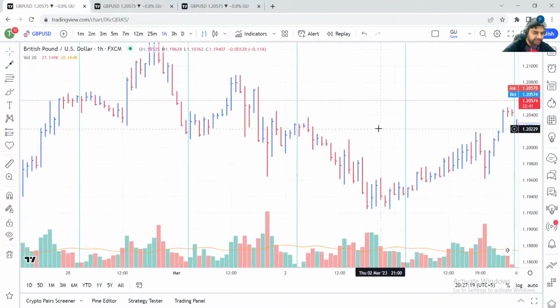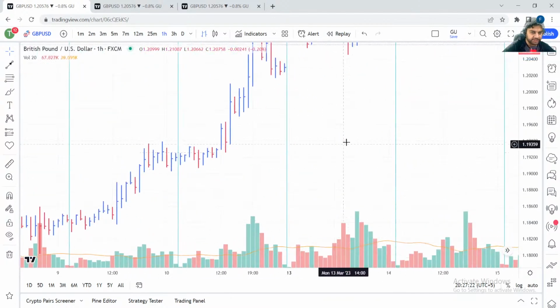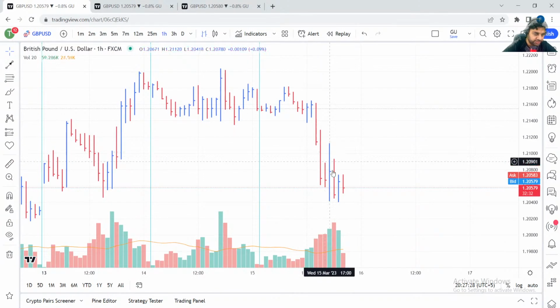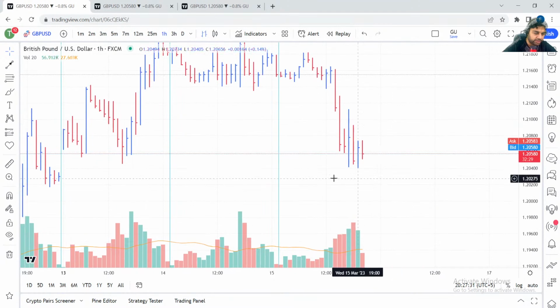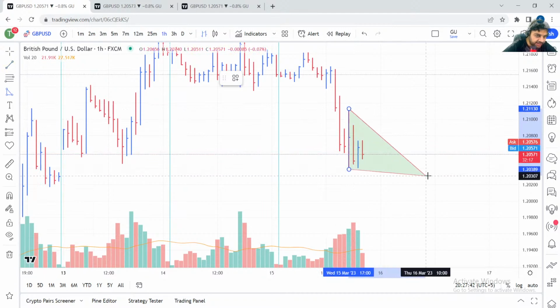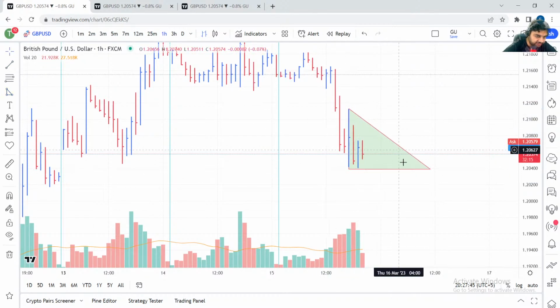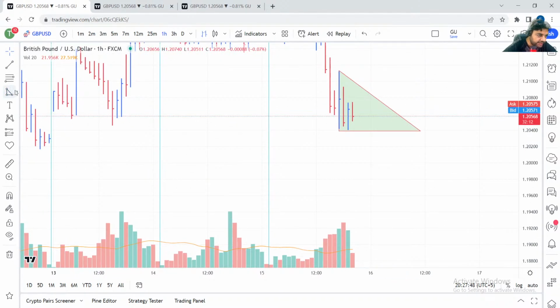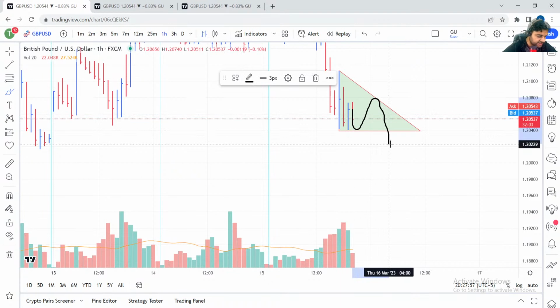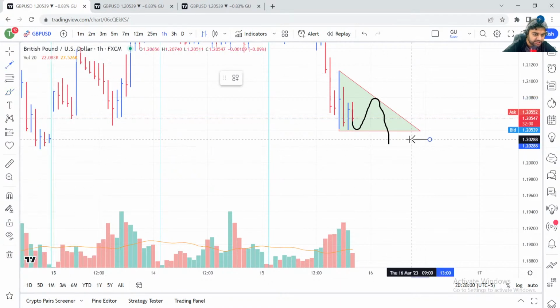So this is, guys, 1 hour time frame of GBP USD. So what's going on over here? I think it is in distribution. Yes, that's right. So it is in downtrend. So I think I will wait for the market, because maybe, just maybe, the market is trying to make a falling wedge over here. If the market makes a falling wedge over here, and then the market wants to go further down, what I will do is I will wait for the market to do like this, and then I will sell over here.